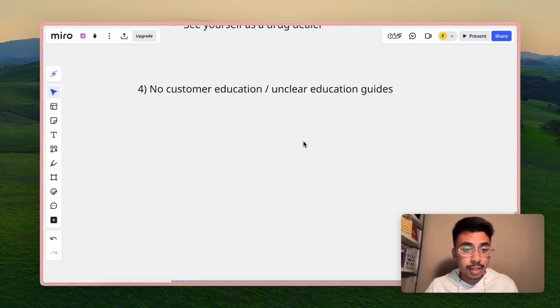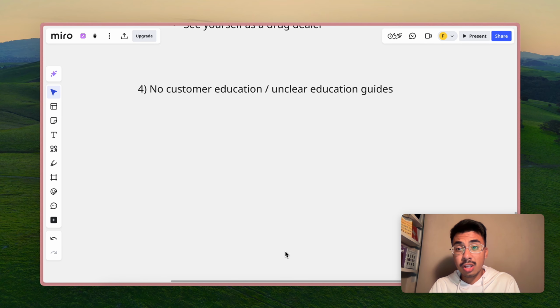And so now, going straight into the fourth mistake that kills your lifetime value and prevents your monthly users from turning into annual users: not having customer education, or having unclear education guides. Don't expect your users, especially your new users, to know exactly how your UI or your feature works. See them as dumb 14-year-olds who step into your product for the first time, which essentially, for most users, is how they act. Some of us users are not really smart enough to understand your product.